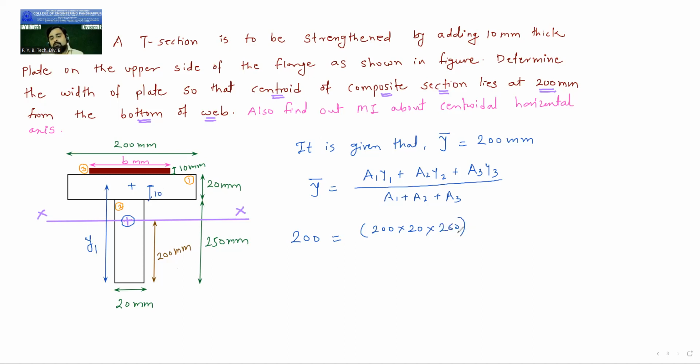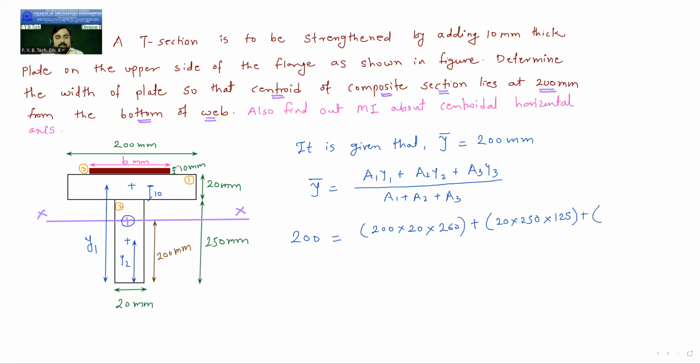This is your first figure, A1 Y1, plus A2 Y2. The second is this rectangle. This dimension is 20 and this is 250, so it is 20 by 250 multiplied by Y2. Y2 is the distance of the centroid of the second figure from the bottom. This is y2. If this total is 250, and this is a rectangle, half of that is 250 divided by 2, which is 125. The calculation I am doing now, you should be able to do directly in the exam. Then only you can save your time. Plus